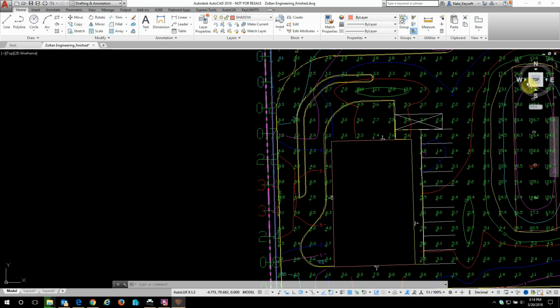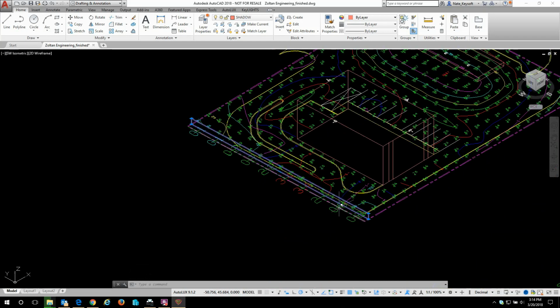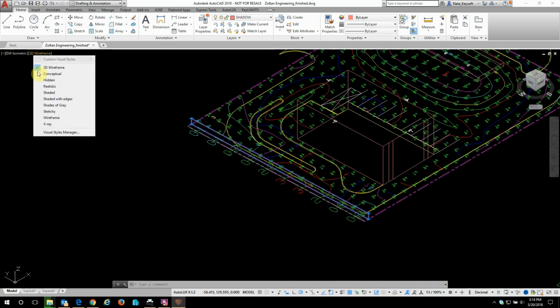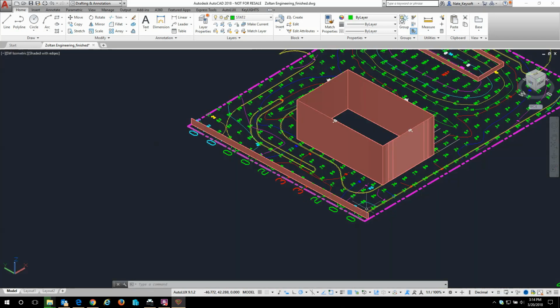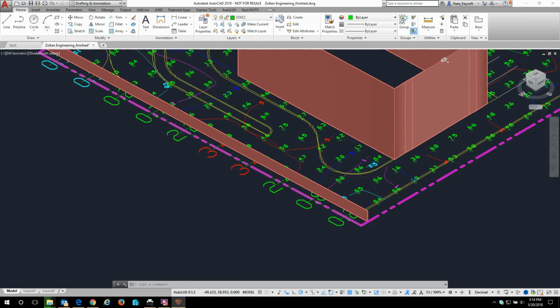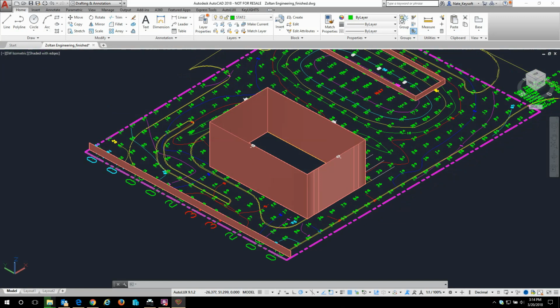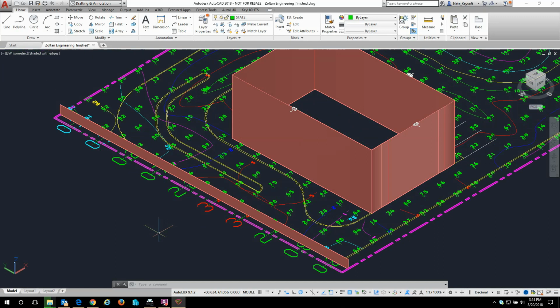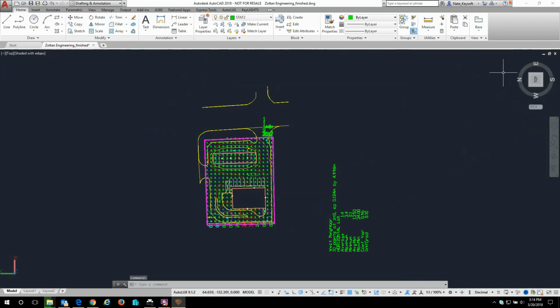Now if I look at this in an isometric view, and let's add a fill, you can see that my fence is modeled here. There's my building, and then there's a canopy over here. But we're really just concerned with this part right now. If we go back to our top view